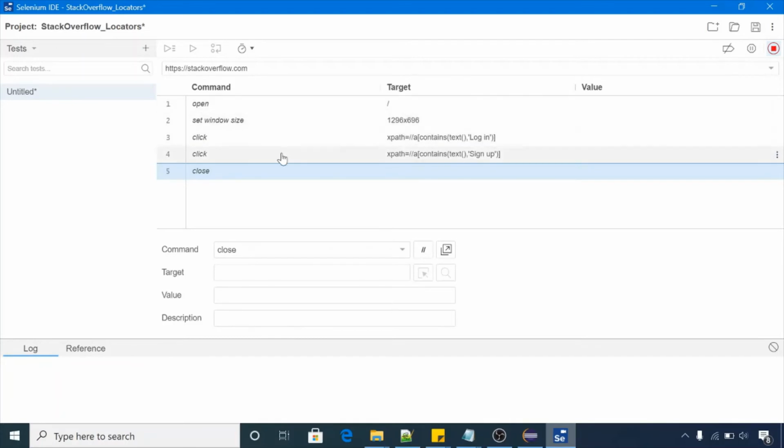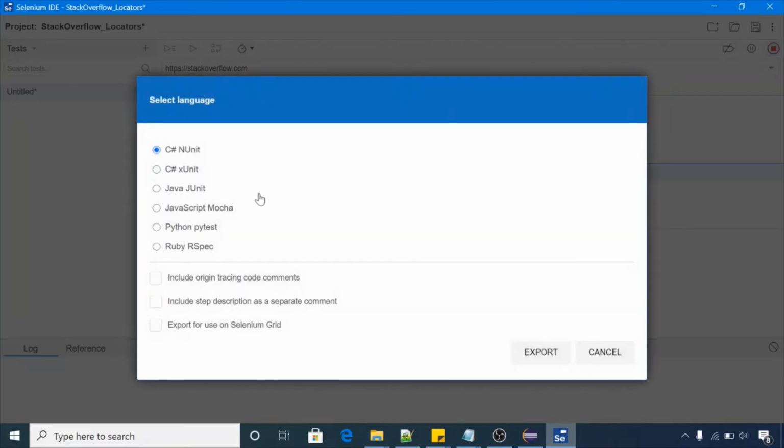Let me show you how you can do that. You can export the complete script. Okay, let me just have a look at the test name and click on this three dot menu and click on export. And from here you can select the language. Okay, let's suppose I want to export our code to Java. And you have the option of C# and JavaScript, Python also, Ruby also, right?